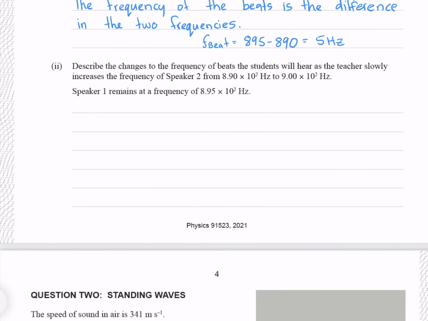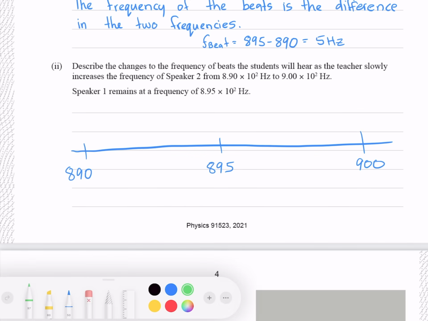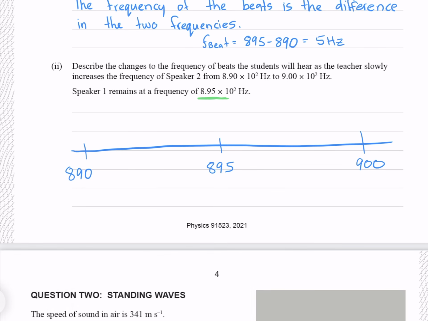Describe the changes to the frequency of beats the students will hear as the teacher slowly increases the frequency of speaker 2 from 890 Hz to 900 Hz. Speaker 1 remains at a frequency of 895 Hz. So let's visualize this. Now our speaker 1 remains at 895, whereas our speaker 2 frequency moves from 890 all the way up to